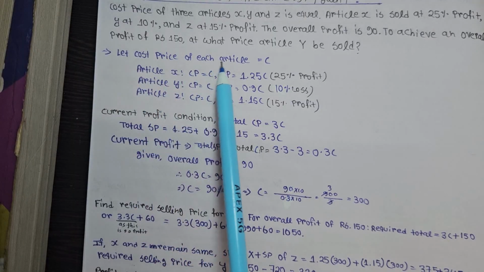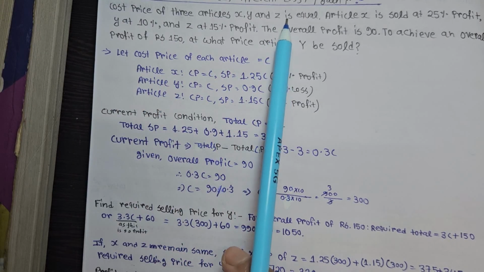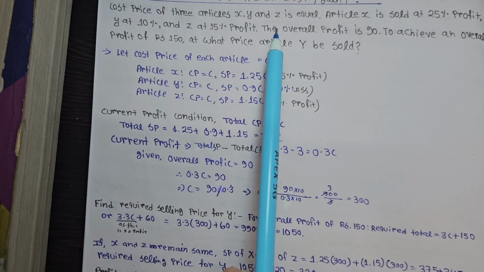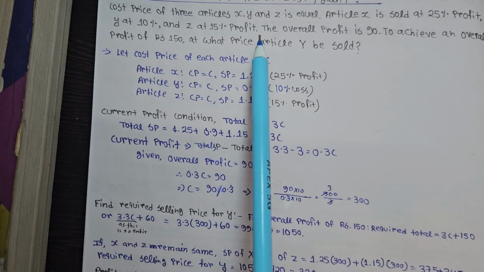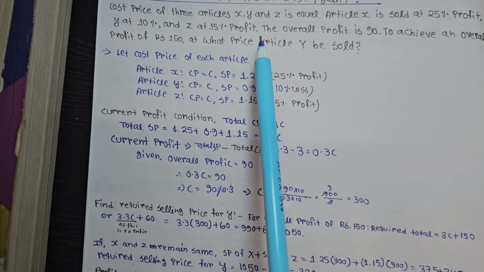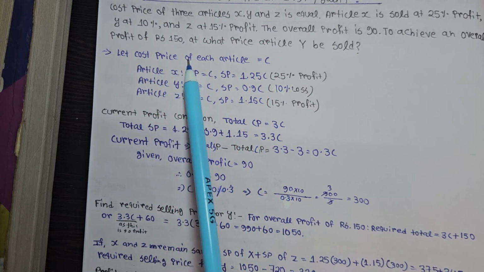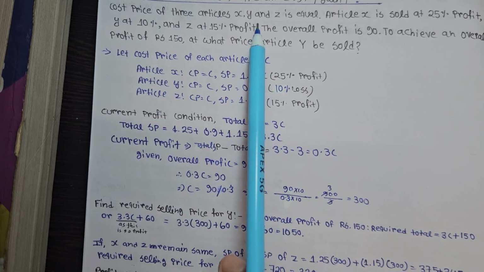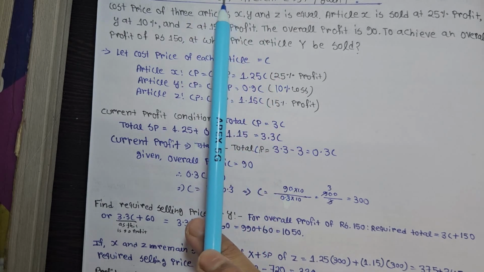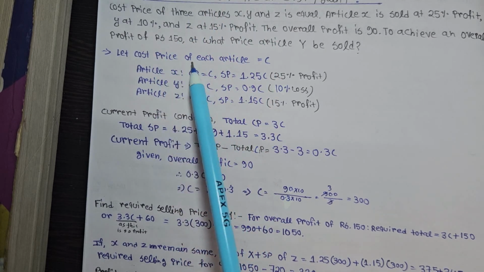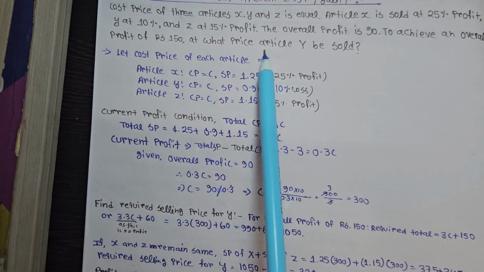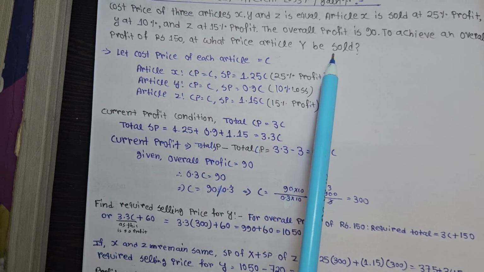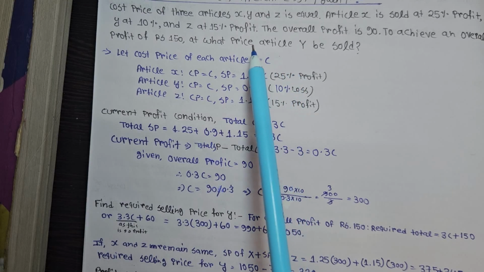Let the cost be C. We don't have any value for the price at which the articles are sold, so we'll assume... sorry, not selling price, cost price, because it's a cost price problem. So we'll assume the cost price C. We need to find the selling price, or at what price article Y should be sold, to get a profit of